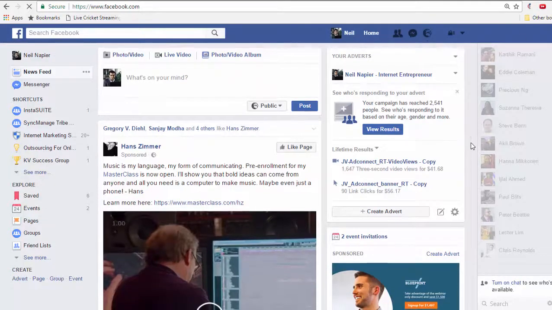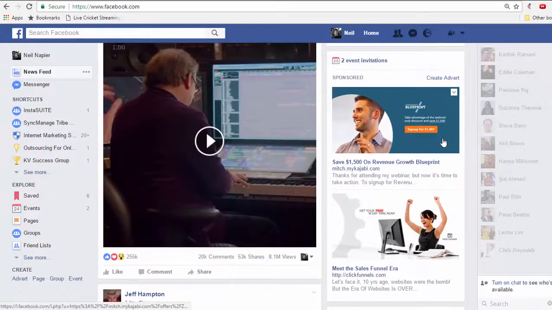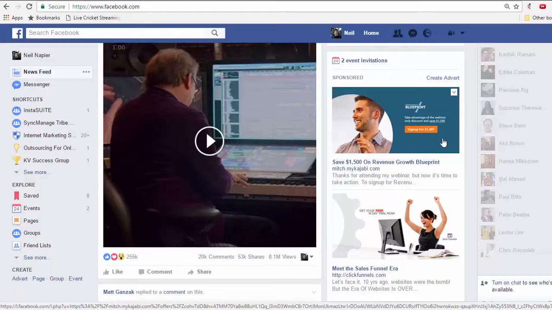So let me show you this one, for example. This is an advertisement that I'm being retargeted for. So I clicked on this, I think it was a couple of days ago, and now I'm being retargeted around the web. And this is a kind of business that I want to set up as well. So revenue growth blueprint is something that I feel that I can offer to my students and my customers as